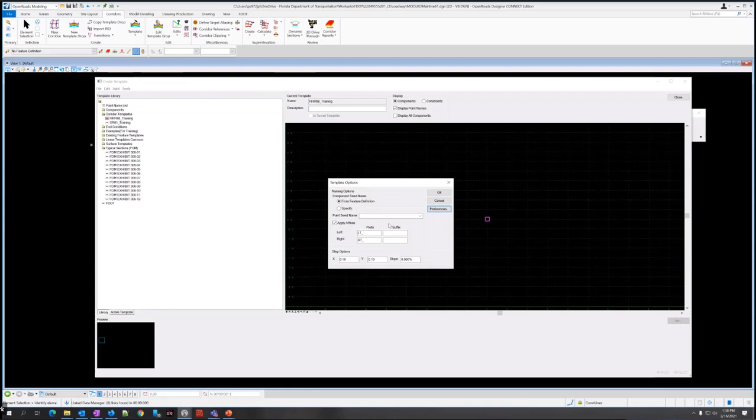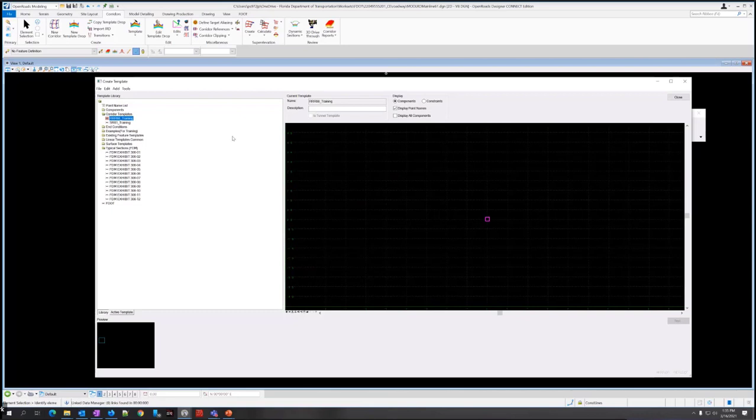So what it did for us here, we have a component seed name from the feature definition and the prefixes, the LT_ and the RT_. And this Apply Affixes is checked. So this preference will automatically apply depending on what side of the center line you're dragging something into. You can customize things further in here, but this is the default one that we use most of the time. All right, so this looks good. I'm going to click OK on the template options, and then I'm going to go on to step 3.